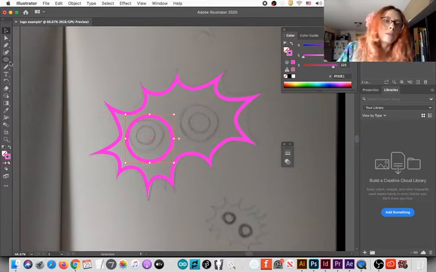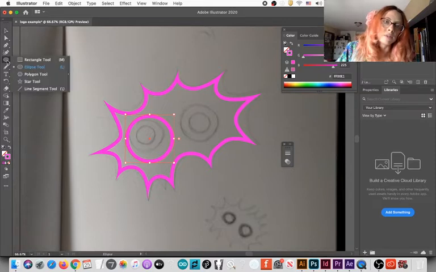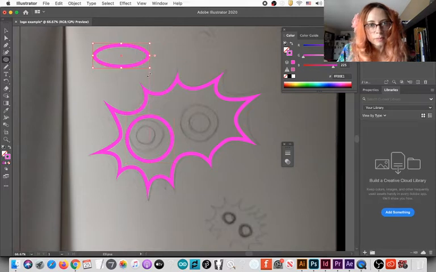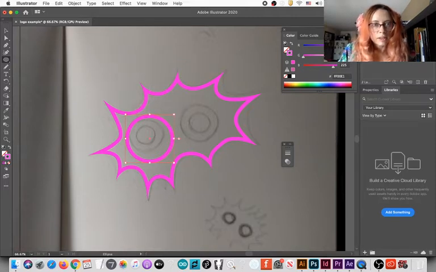I made a circle using the ellipse tool. There are a few ways that you can use it. The default one is dragging and painting a shape. There's a different method, which is clicking on the canvas.